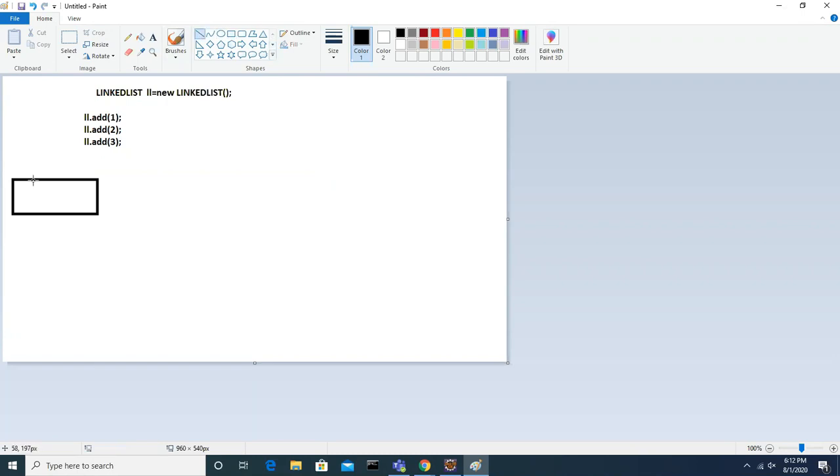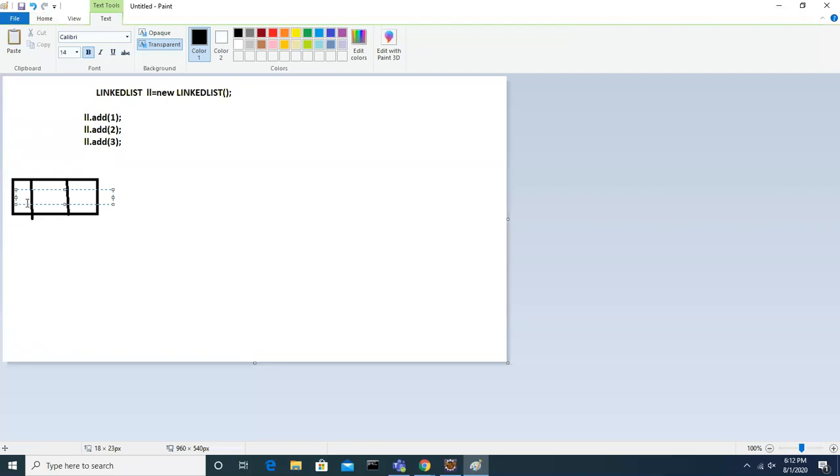It will create one node, and it will divide it into, let's say, three parts. The first part will have the previous node address.